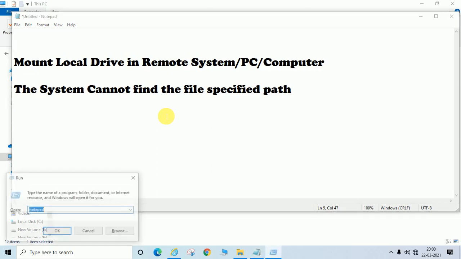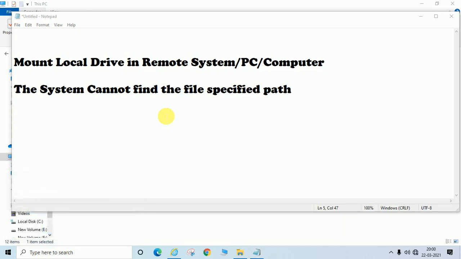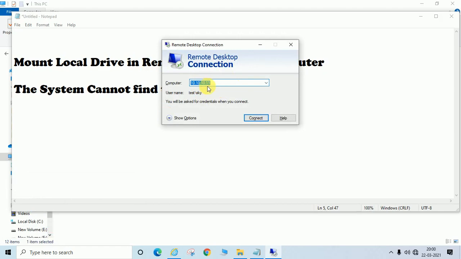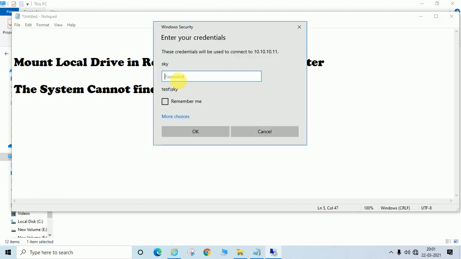Let us start now. So I have a PC, that IP is 10.10.11, and I am going to access this remotely.